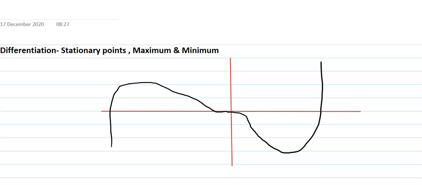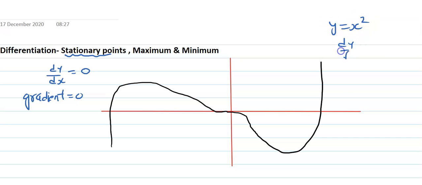Okay guys, so today we are learning in differentiation, that is stationary points, maximum and minimum point. So stationary points, you get it when differentiation of any function, or dy with respect to dx, is 0. Or in another way you can say if gradient is equal to 0, then you get stationary points. So if function is given like this, y equal to x squared, then you differentiate it with respect to x, you will get 2x,